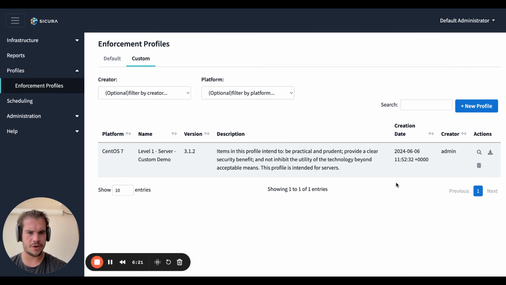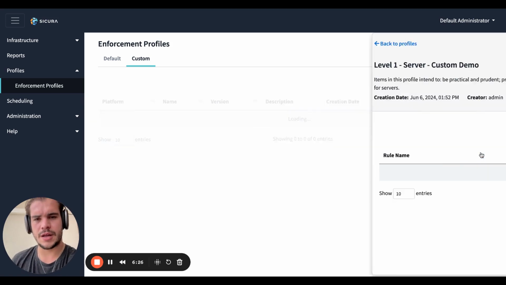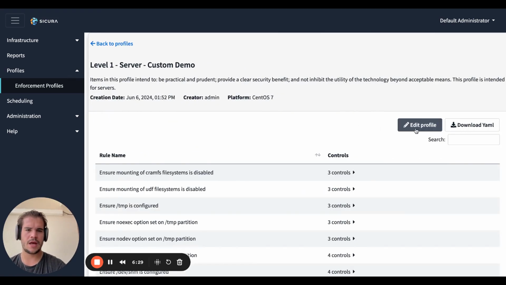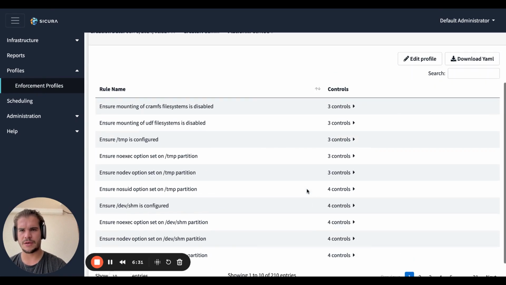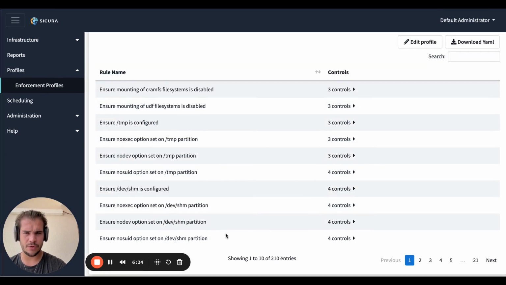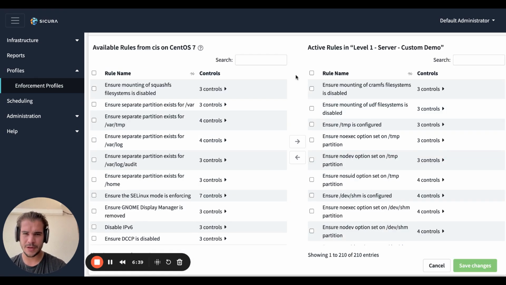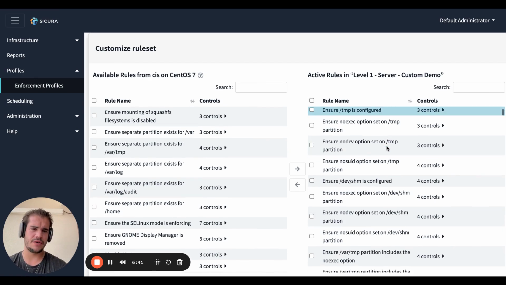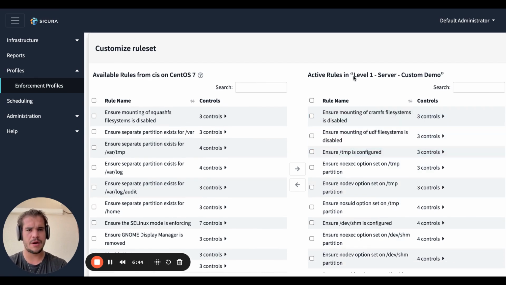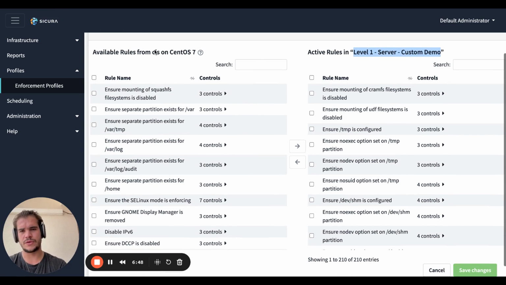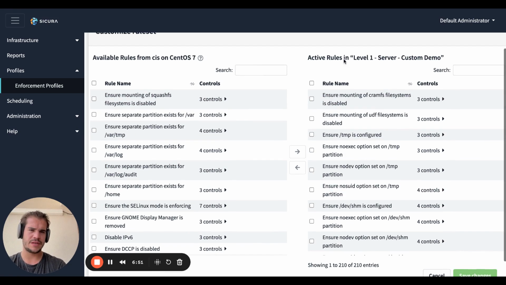The custom profile will appear here in our library, and we can inspect it, and we get a list of all the rules, and we can actually go ahead and edit this profile. So once we're in here, we get a whole list of rules which are currently in my new custom profile, plus a list of available rules from CIS. So in this case, because we based it on a level 1 profile, we have all the level 1 rules,